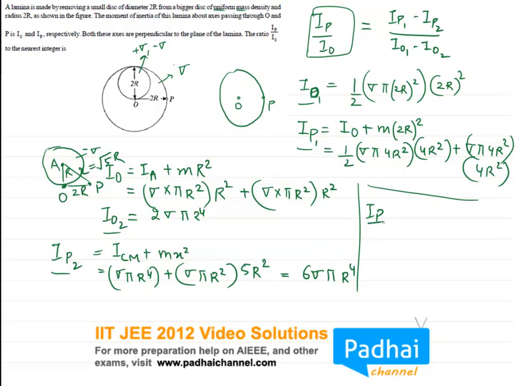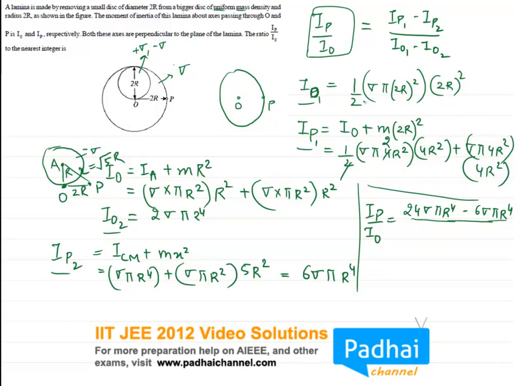IP by IO will be equal to, we can multiply it, 8 and this is 16, this is 24 sigma pi r raised to power of 4. This is IP1 minus IP2, where IP2 is 6 sigma pi r raised to power 4. Divided by IO. What will be IO? It is half of this, which will be equal to,